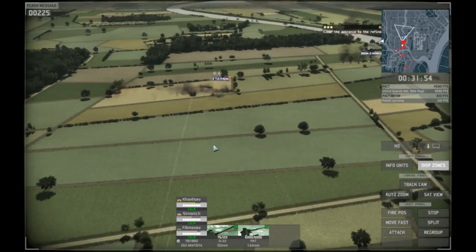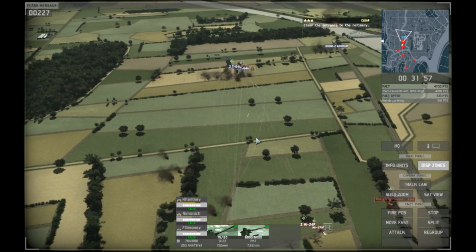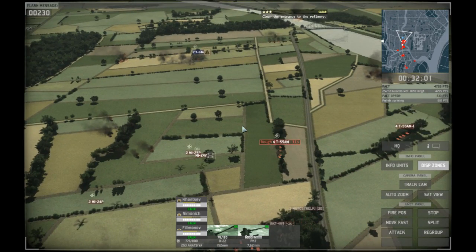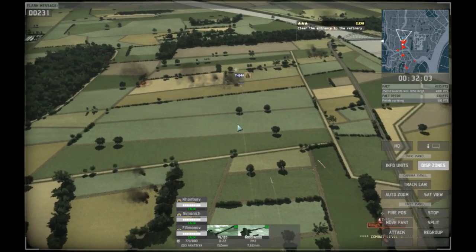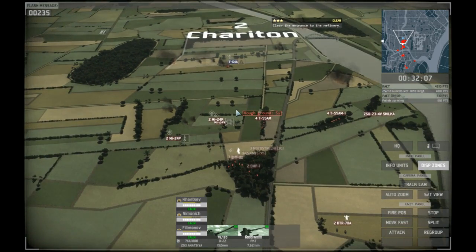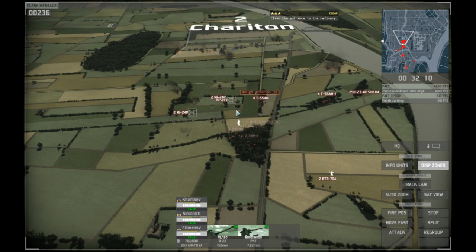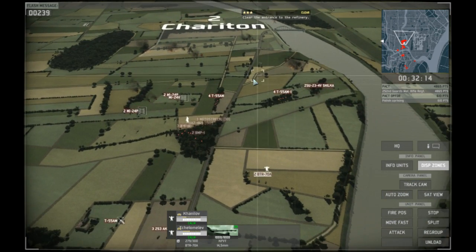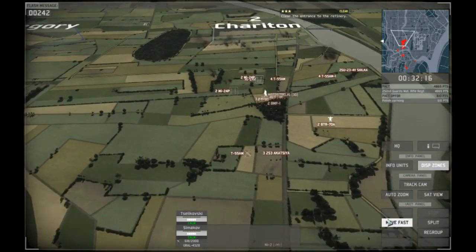We've only destroyed one. They've got some pretty good armor, but luckily we're able to hit them in the flank here. And I think there's a lot more in the woods. So don't go rushing in. And don't go chasing waterfalls. Alright, we'll bring up the Ural trucks to refuel